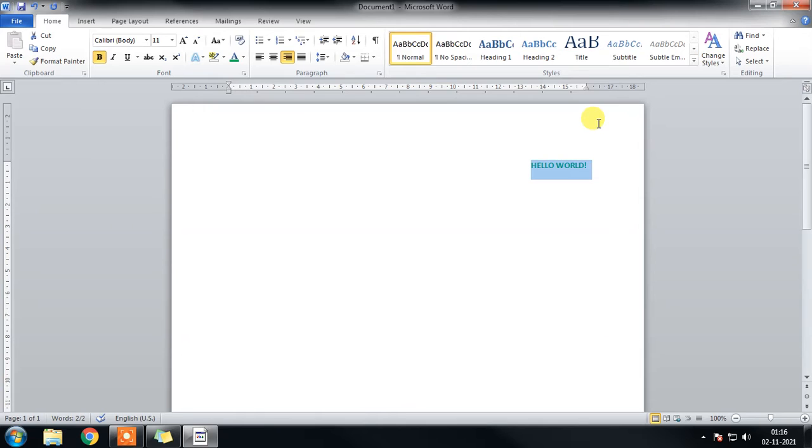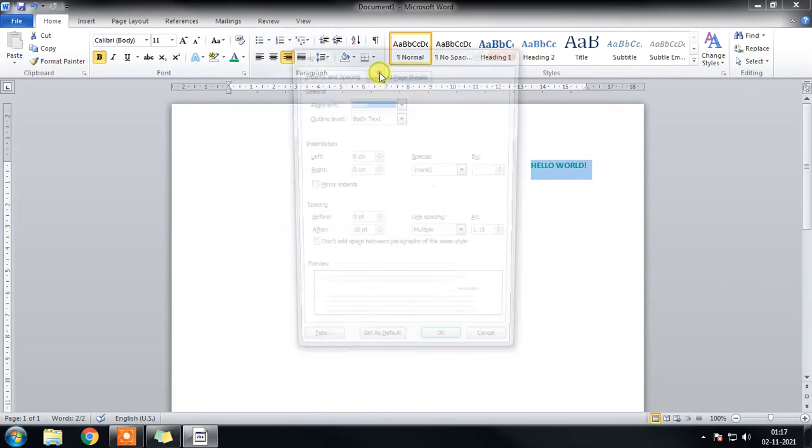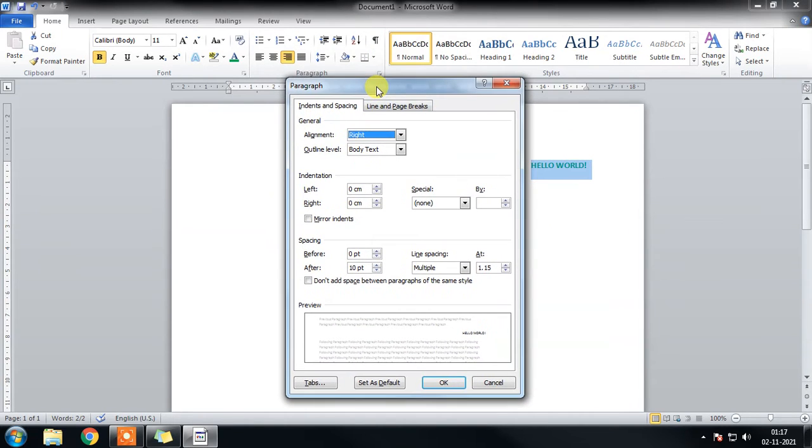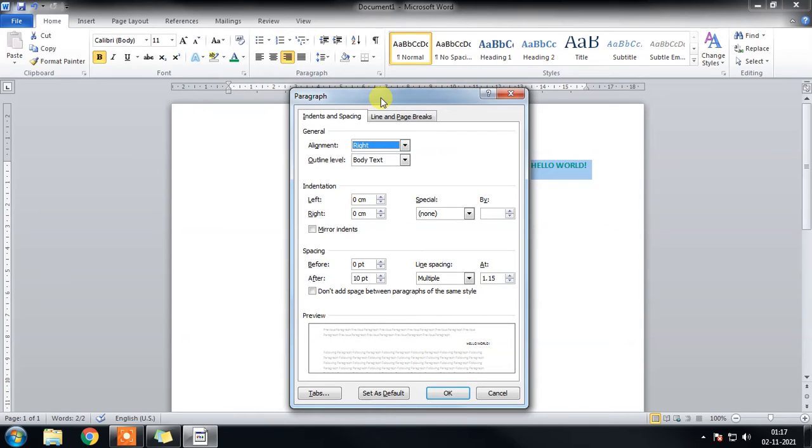Similar to this, for some groups we have an icon here, a down slanting arrow, which is called the dialog box launcher. When we operate on particular group commands, if we want more commands to do more changes, we have this icon called the dialog box launcher. When you click on this, a window will open which is called a dialog box. By using this window, we can do more changes to a piece of text.